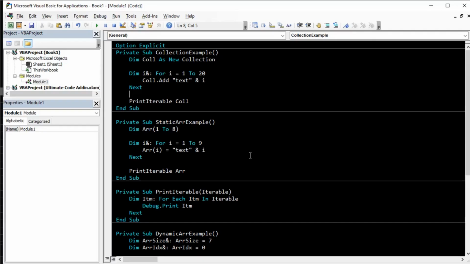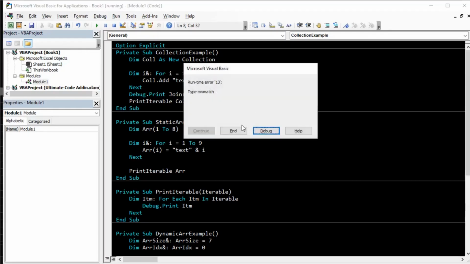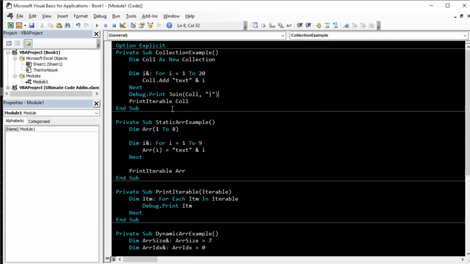For example, Debug.Print Join, and join by, let's say, pipe. If I run this, you can see this gives me an error because Join only supports VBA arrays, not objects like collections. If I do the same thing for arrays, let's see,